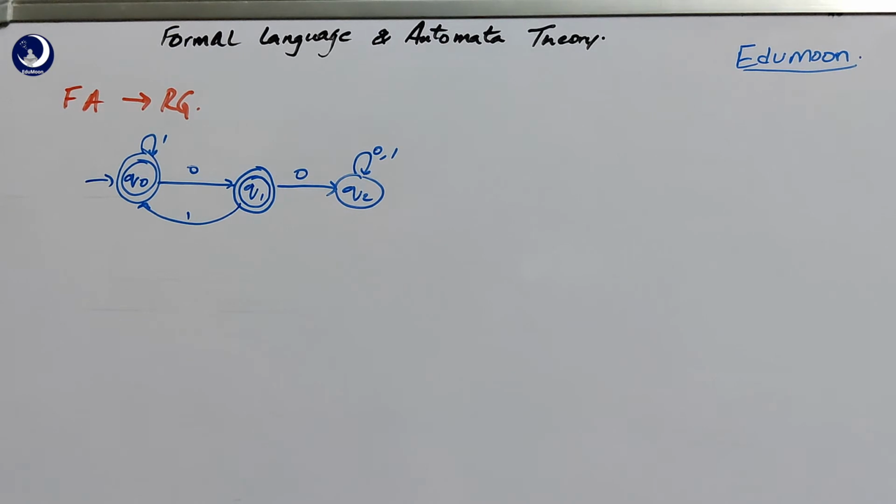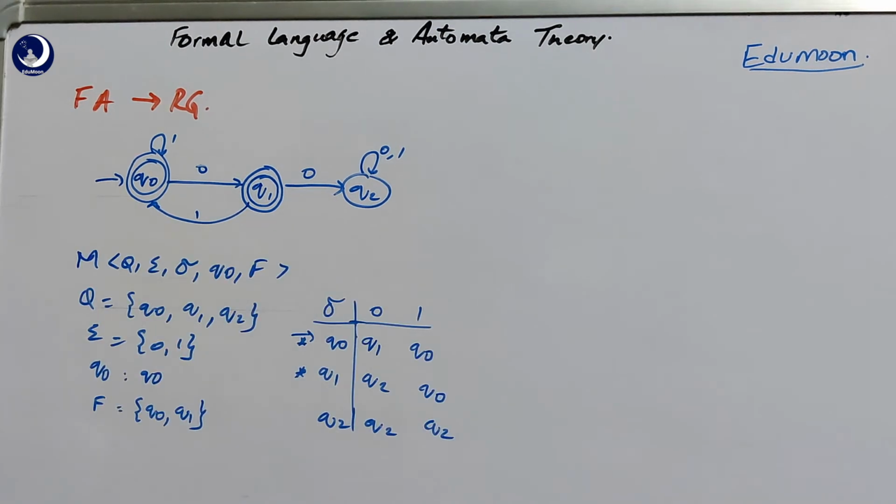Once there is an occurrence of 0 0 continuously, it goes to a dead state Q2. Q2 is a dead state, as you can see, so we cannot come out of Q2 once we encounter 0 0 consecutively in the input string. Now we try to convert this finite automata to a regular grammar, that is, we try to generate the grammar for it. Before that, let us define this machine with the tuple. This is how we define the machine M for the given transition diagram.